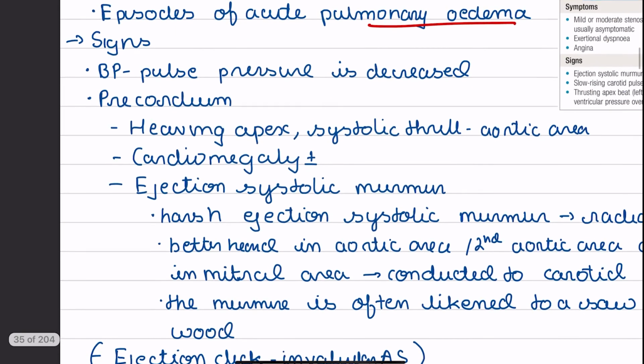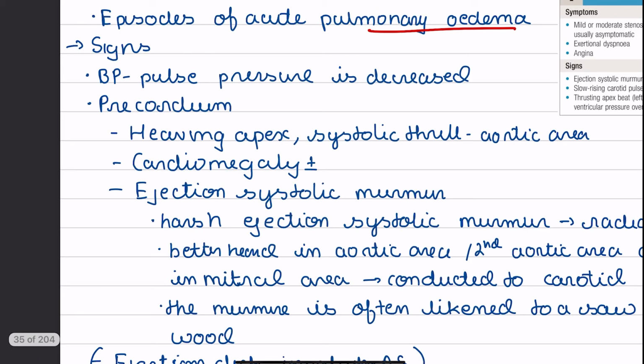Now the signs. In BP measurement, the pulse pressure may be decreased. Why? Because the systolic pressure is maintained by the pumping of the heart. That is, during systole, the left ventricle pumps blood through the aortic valve into the aorta, and that is what maintains the systolic pressure. Now the systolic pressure gets decreased because the heart cannot pump the same amount of blood. So since systolic pressure decreased, it may become closer to diastolic pressure, and that can lead to a decrease in